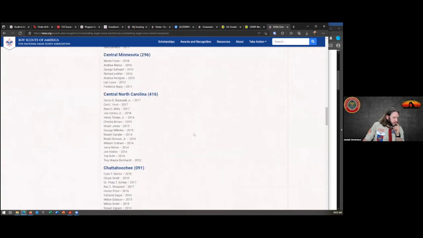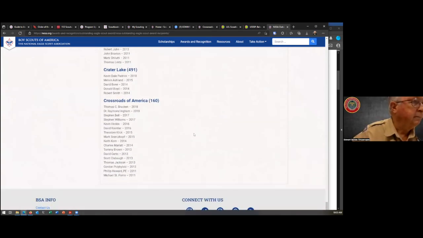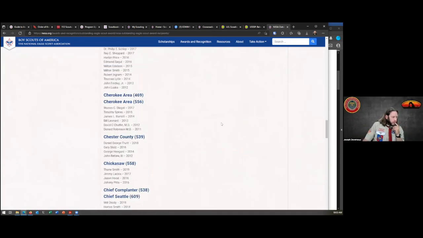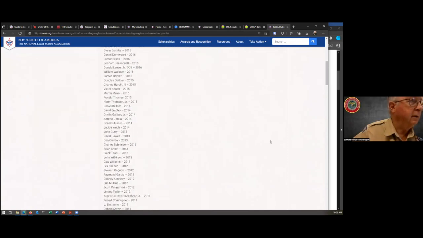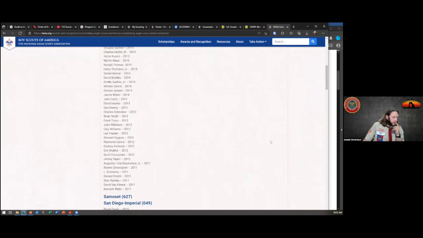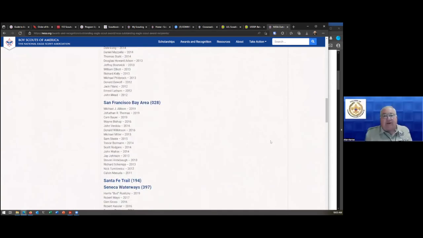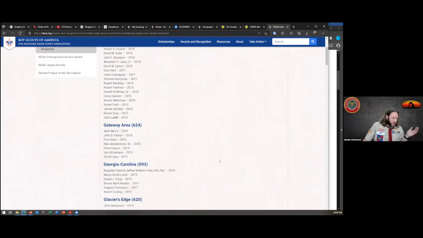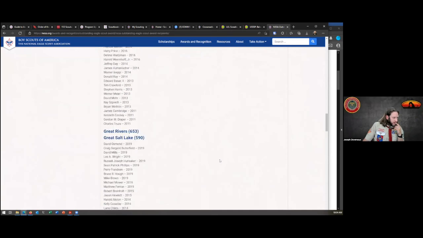Just for fun, let's see if Crossroads of the West is in here. Crossroads of America, but that's in the Midwest. Go back to the top here. Try under Salt Lake because we have the Salt Lake number. We would be up there at the top. No, it'd be under Great Salt Lake. Yeah, it'd be under Great Salt Lake. Gee, I was going to go for Utah National Parks or Trapper Trails because they seem easier. Grand Teton, Great Lakes, Great Salt Lake.